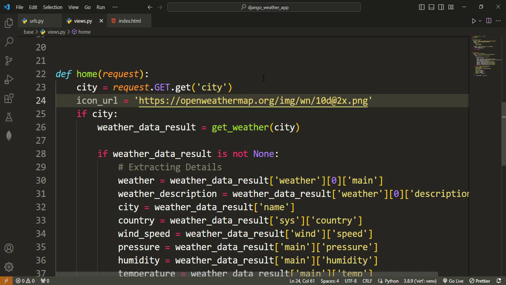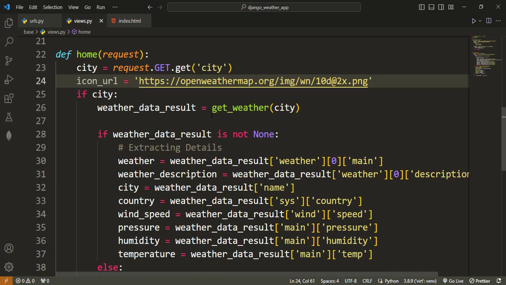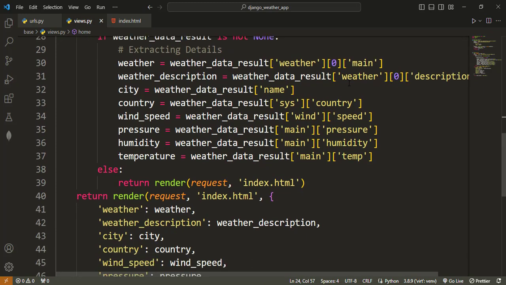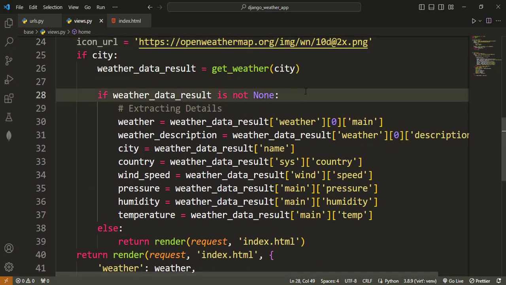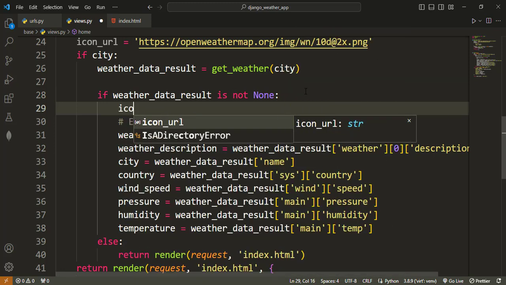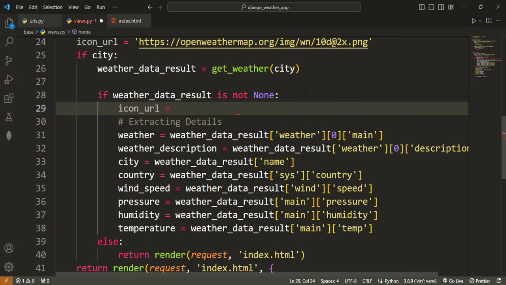So that if the person has not loaded, initially when they load the website, you have not typed in a city yet. So this default one that we copied from the website should be there until the person changes it. And then after this, whether it's not none, you can say icon URL again should be equal to,